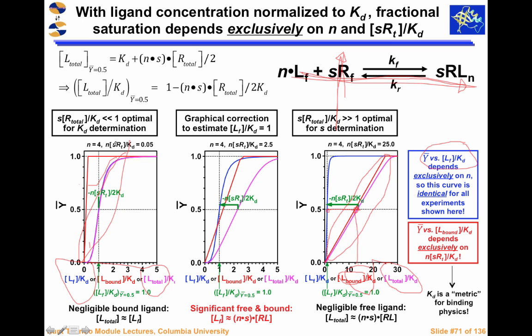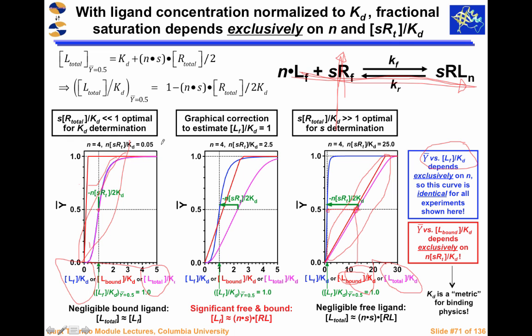In this regime, where NSRT over KD is much less than 1, you're pretty much seeing a free ligand dependency, right? The total ligand is dominated by the free. This is more or less, to a first approximation, a free ligand curve. The graphical correction still works, but it's negligible, and you can see that the free is pretty much equal to the bound. And so basically, to a first approximation, total ligand is equal to free, and you can use the free ligand